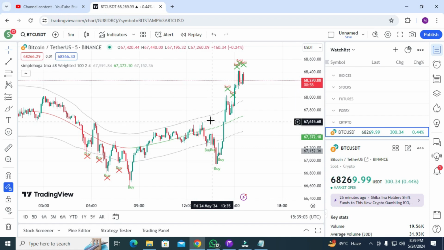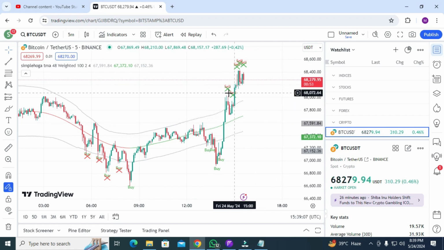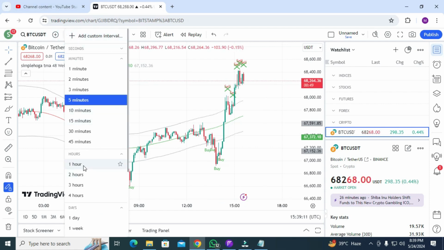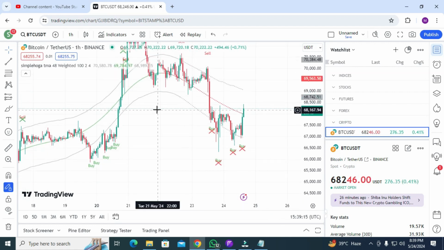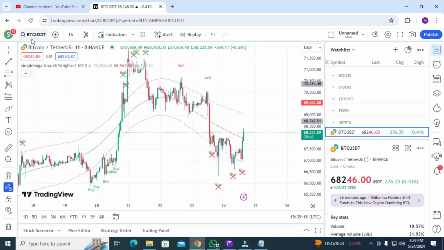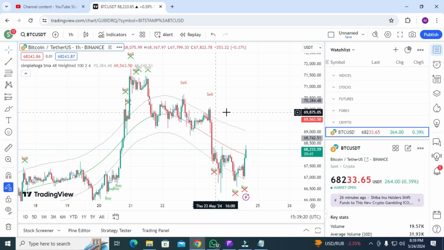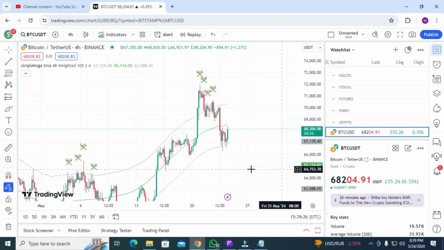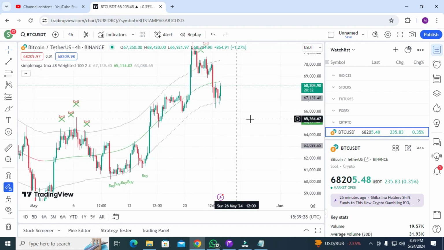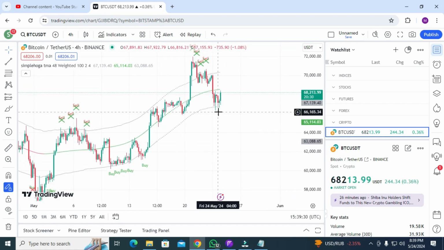The second thing is, here you can see there are some signals with the cross, and let me show results in the 1-hour time frame. Then I will go to Bank Nifty, and then I will move to Nasdaq. Okay, in the BTC 1-hour time frame, it gives you awesome results. Okay, awesome. So let's go to the 4-hour time frame, and you do not get the signal. Okay, if you get the signal, it gives you the perfect result, but these buy signals give you awesome results.